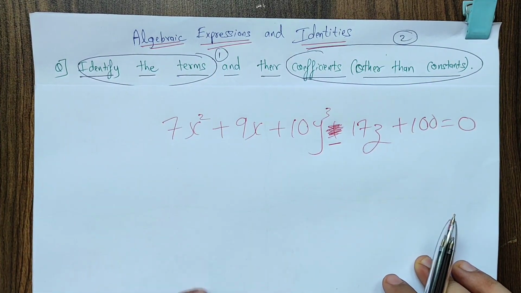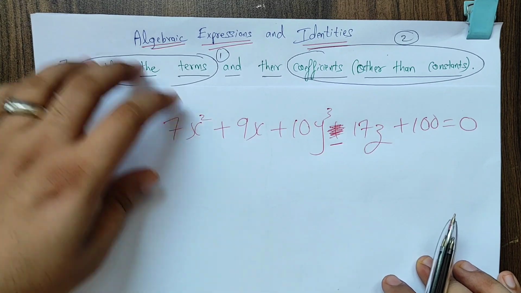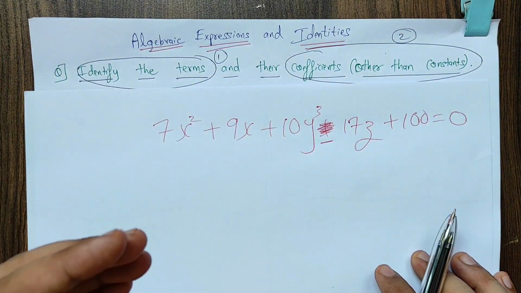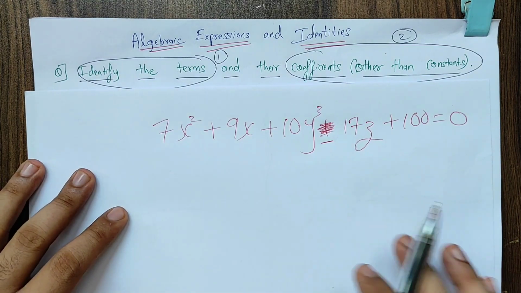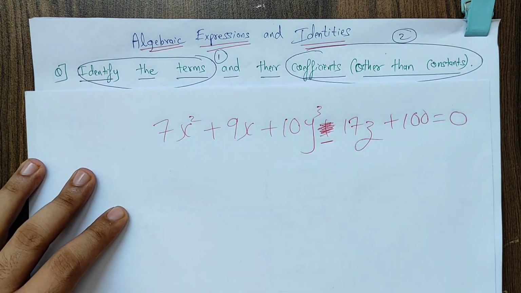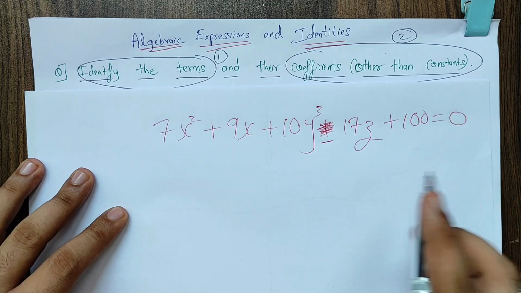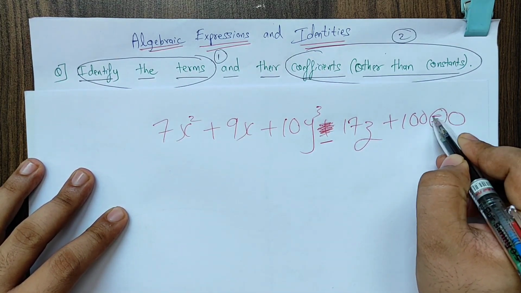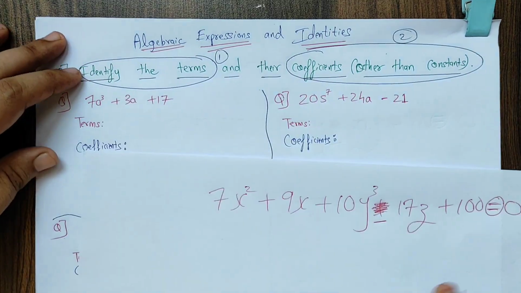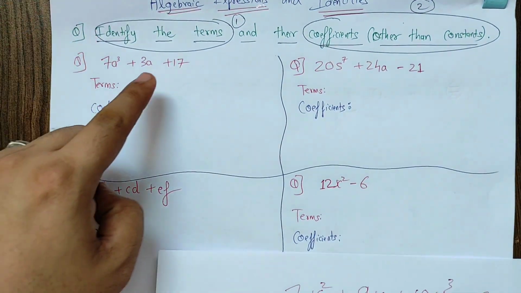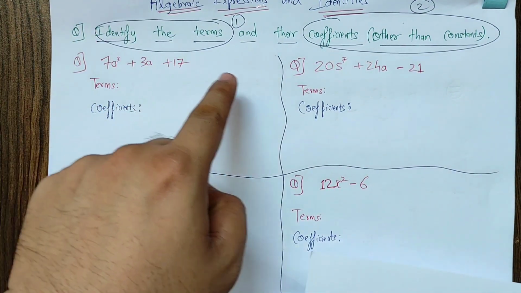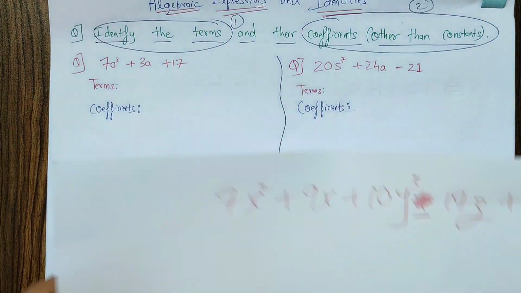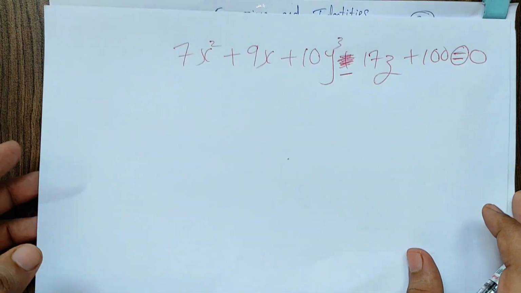Now the basic question to you all, nothing new I'm teaching, very basic things. Tell me, what are the variables in this equation? This is an equation. Any expression which has an equal to sign is called an equation. The 4 questions in front of you on the screen do not have the equal to symbol, so they are just expressions. These are all expressions, and this is an equation. It does not matter a lot.